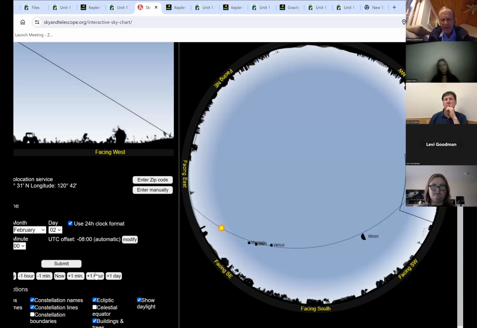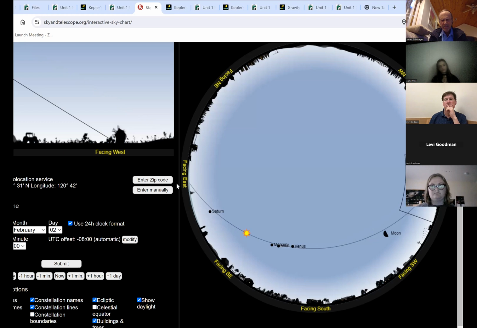So we'll keep going here. And we'll notice this line too. Now this line is called the ecliptic plane. The ecliptic plane is the plane that contains all of the planets and the zodiac constellations, but it's also the path that the sun seems to take during the daytime. And so you can follow the path of the sun during the daytime, and then when it gets to be night,